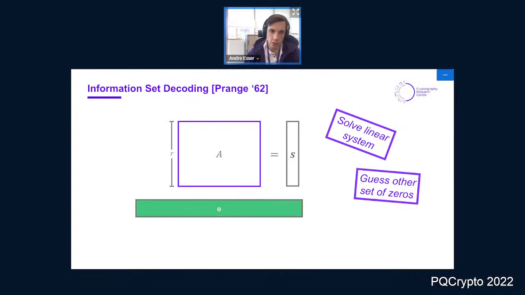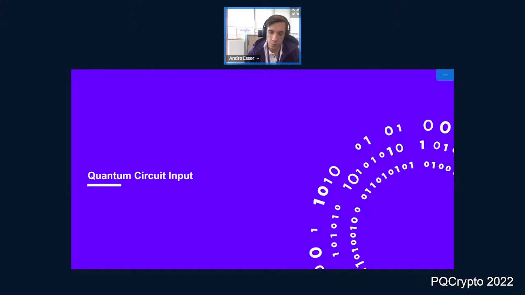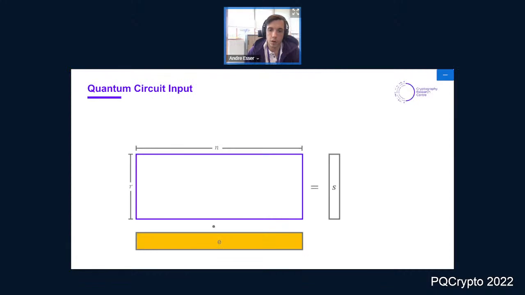I don't want to cover in detail how the quantum circuit for this algorithm works, but what we need to know is what is the input to the quantum circuit. Before we talk about this, so that you can relate what we can expect from a quantum algorithm: if the algorithm you've seen runs in time t, then the best known is a square root speedup. It's basically a Grover search over a subset of zeros of the vector. So the best we can hope for is the square root of the running time.